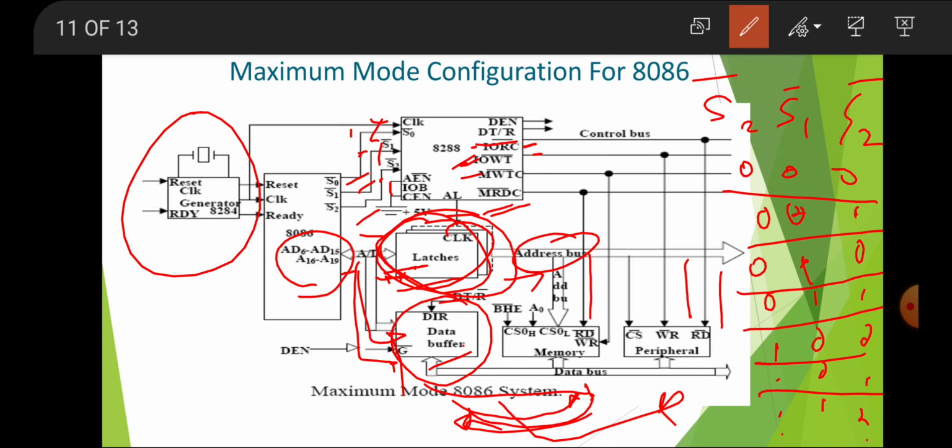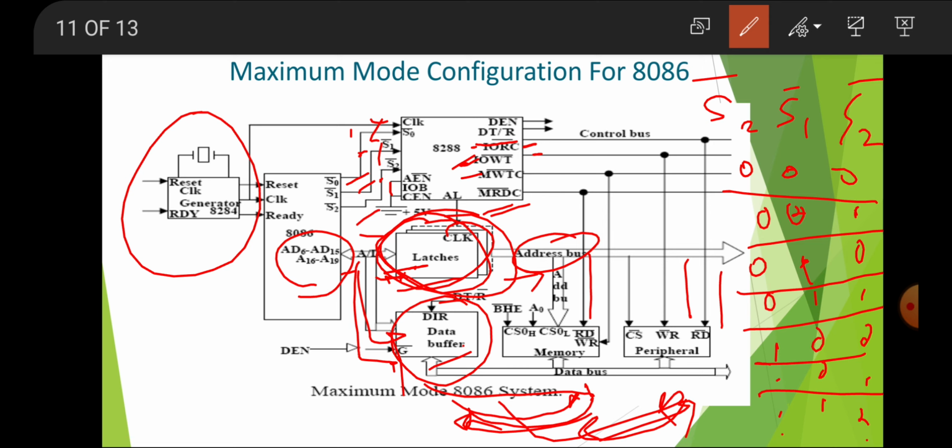Okay, if you want to print on a printer, in a document, then you can simply write a message. If you want to take input from the keyboard, then you can perform the read operation, so you read the data from the input output devices. Such kinds of operations can be performed in maximum mode and minimum mode. So this is an easy task, not very difficult.